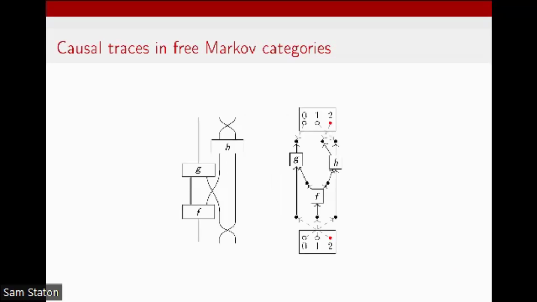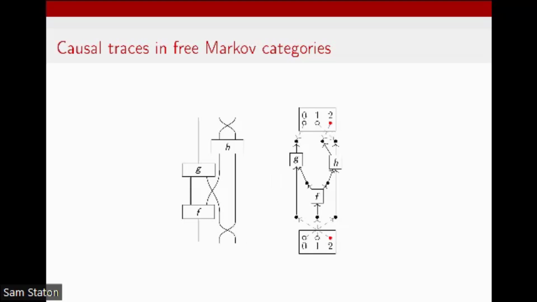So string diagrams now look weirder. This string diagram can be represented by this hypergraph. The idea is that these are the input ports where the data can go in. These nodes correspond to the wires, and the hyperedges correspond to the boxes. And the idea is that I want to take the trace of this morphism. So I kind of want to glue these two points together.